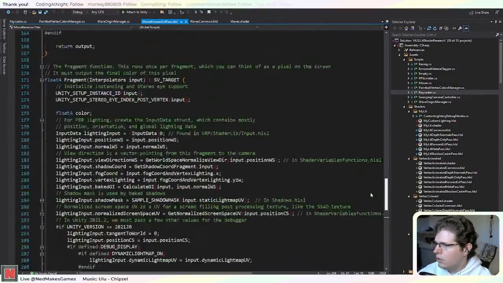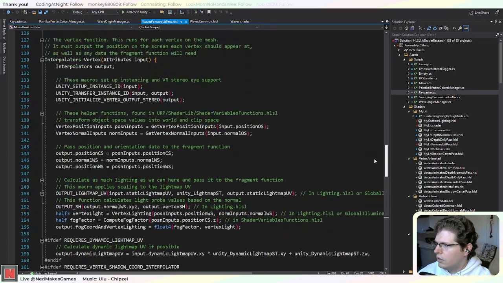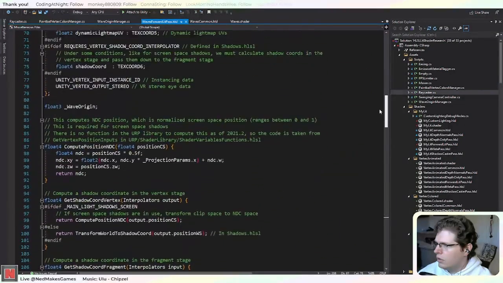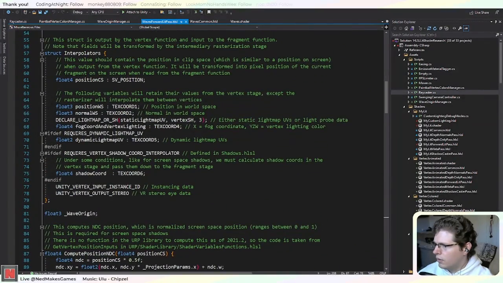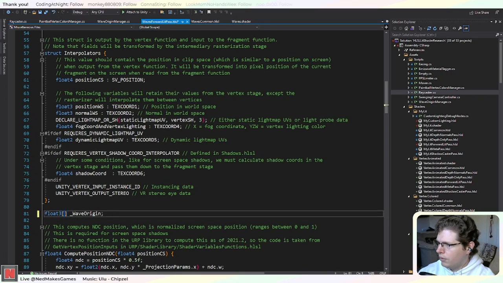Where is it? Oh, right there. So if I turn this into an array of float threes, okay, so this will actually throw